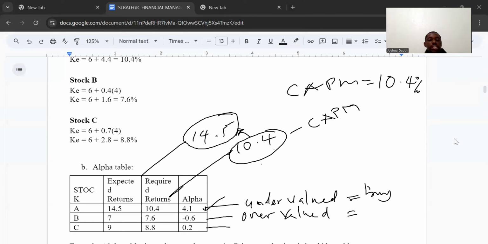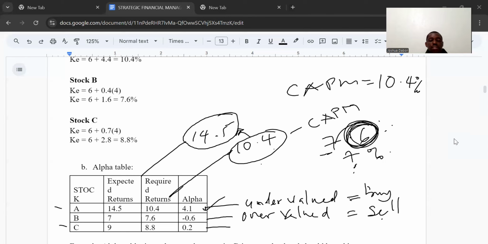So it means that from my calculation using the CAPM, I'm saying that this security should be giving me 7.6, but actually the security has returned what? 7%. So that means it's lower than what I expected. And that means I have overvalued this security. I've overvalued it. I'm thinking it will be giving me 7.6 based on my valuation, but it's not giving me 7. I've overvalued it. So I have to sell this security and use the money to buy